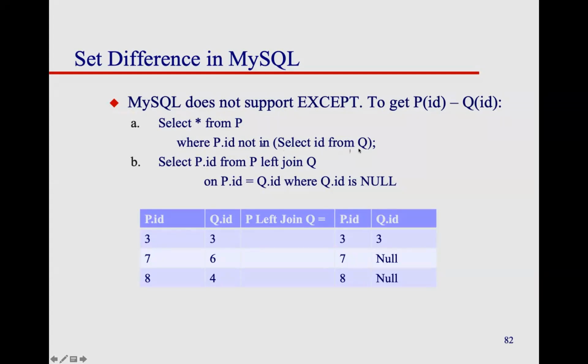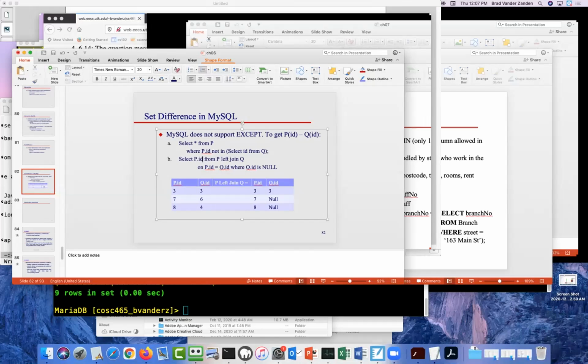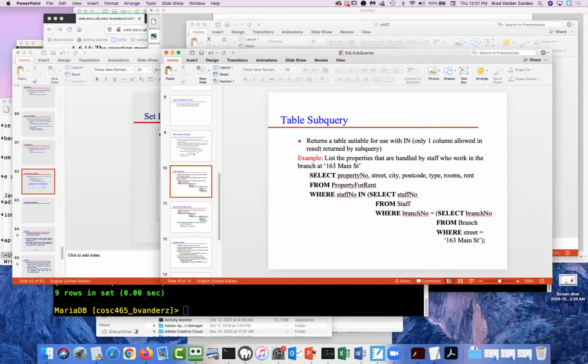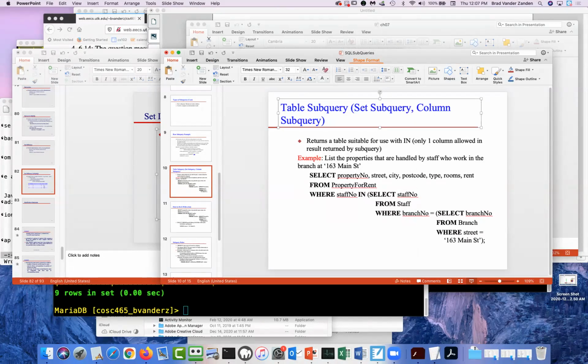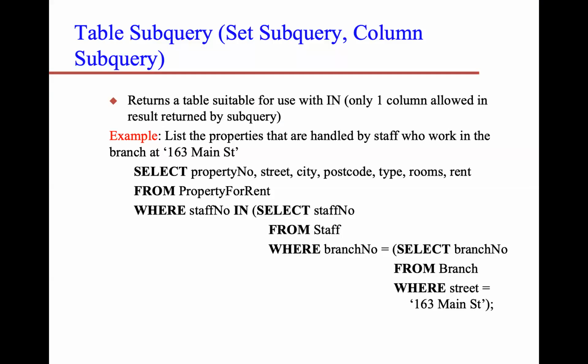You can think of a table subquery as returning a set, so another way to think of it is as a set subquery, or a column subquery. I think of it as returning a set, and then what you're doing is checking to see whether something is either in that set or not in that